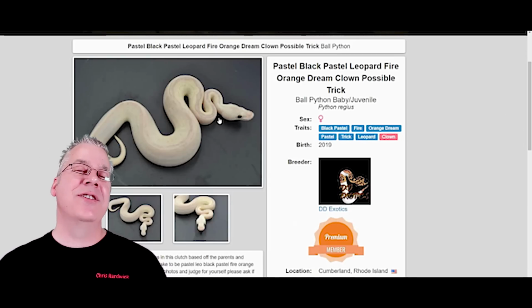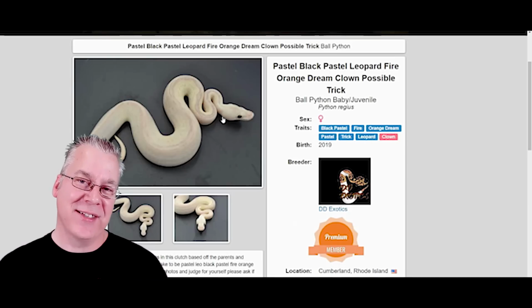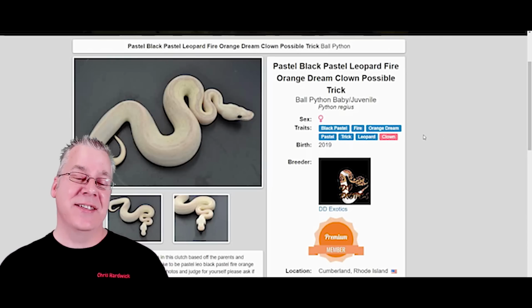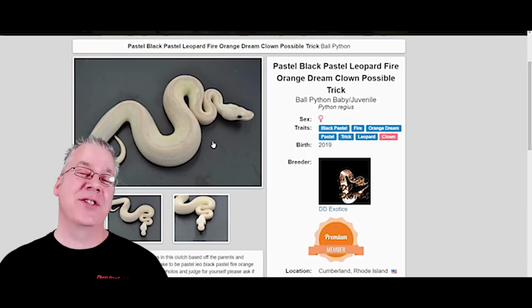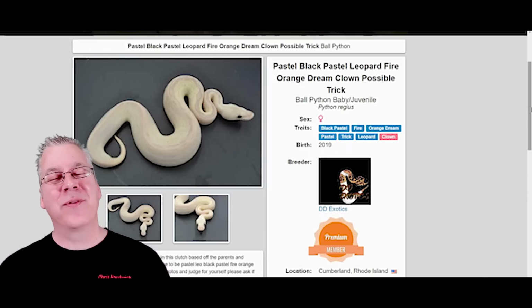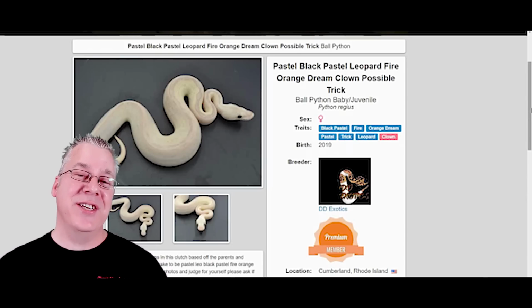So here's another snake. If you actually take a look at this snake, I would say these genes don't really work well together. And if you look at all the genes in here, there is a lot of genes. There's actually 7 genes in this snake, and there's just so many. Sometimes if you mix so many genes in there, it kind of gets muddied out, and it's kind of what I'm talking about when I go through the different morphs and I say, you know, these genes don't really work